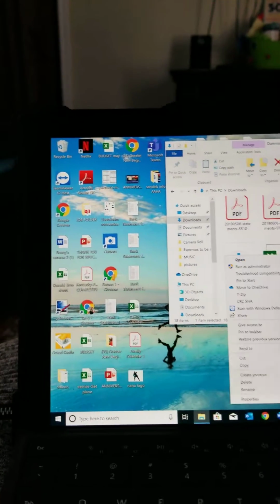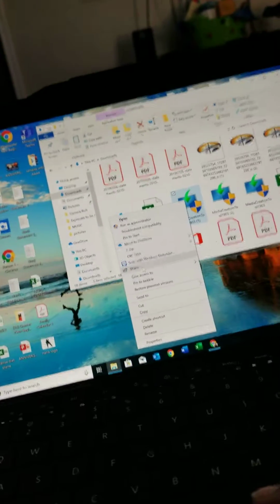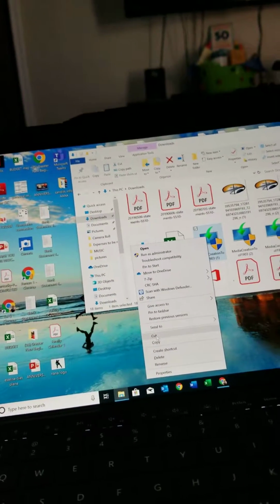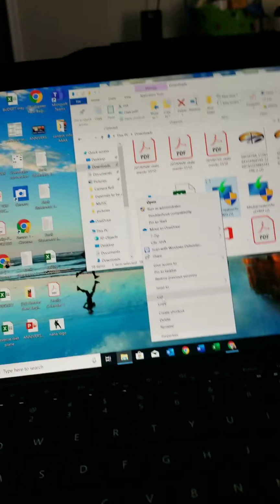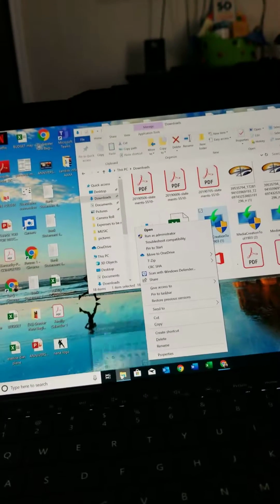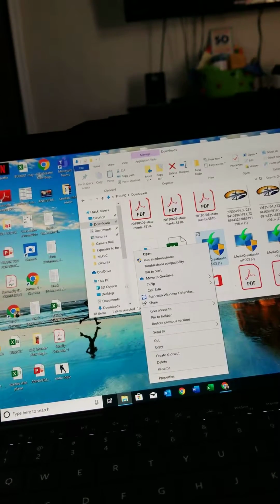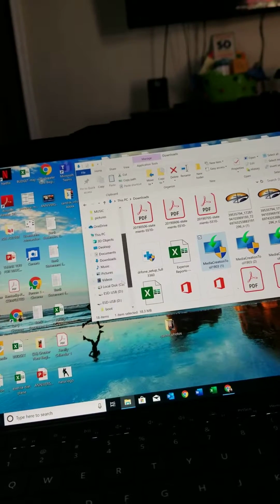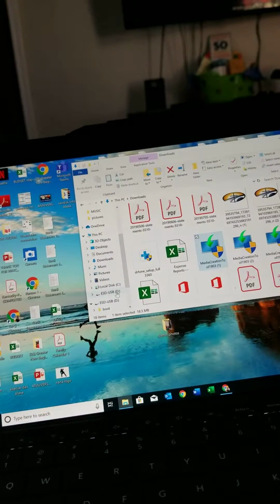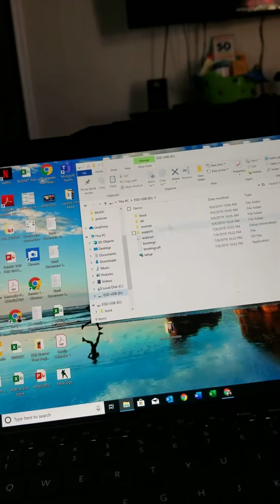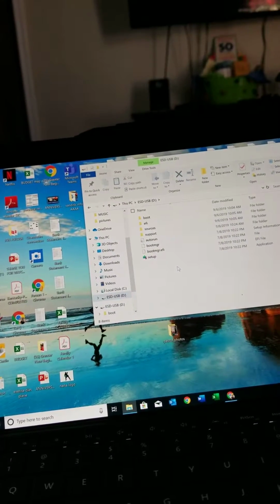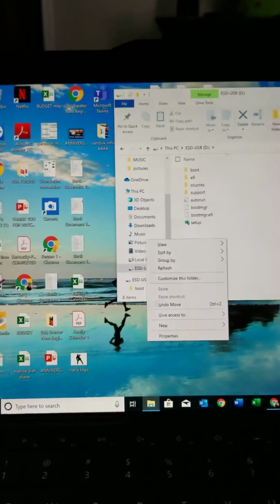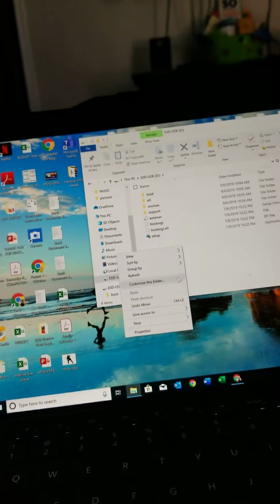I right clicked on that, and what he told me to do was to cut it here, right? After you cut it, I probably could just go here after I cut it, go to this drive, which is a newly formatted disk, which won't have any of this information, and then right click on this drive and paste it. See right here where it says paste? So once you paste it,